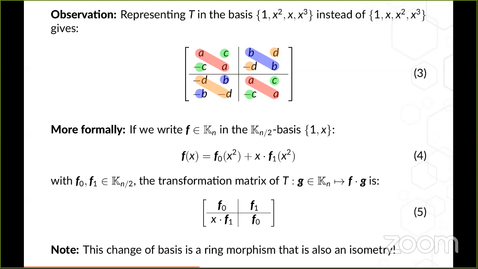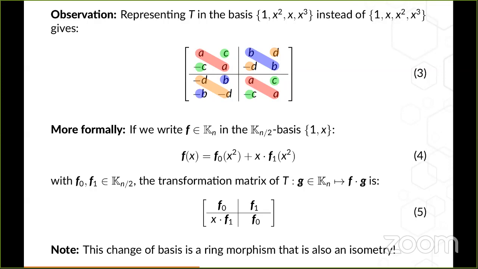And this is one of the reasons why we call our algorithm fast Fourier orthogonalization. When you compare our algorithms and the ideas that they use to the fast Fourier transform, you can see that they are very reminiscent of the fast Fourier transform. And something that will be very useful for our purposes is that this change of basis is a ring morphism,